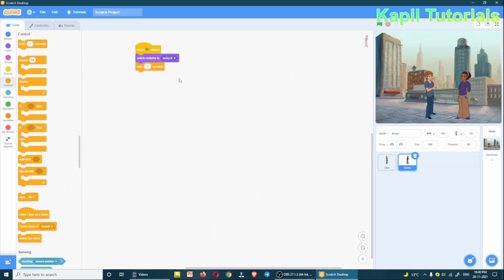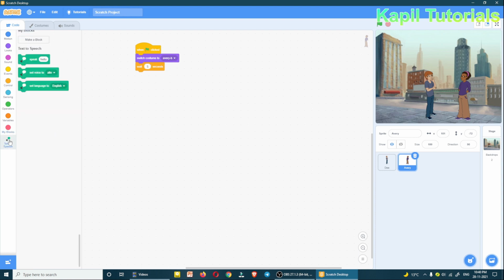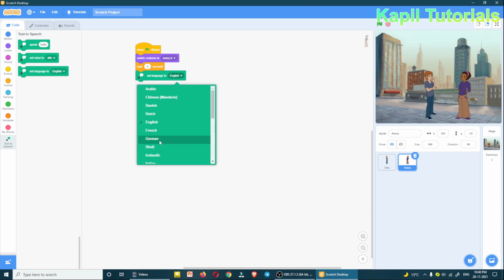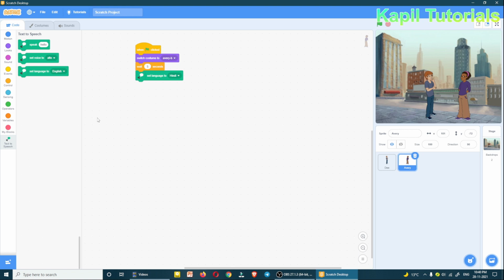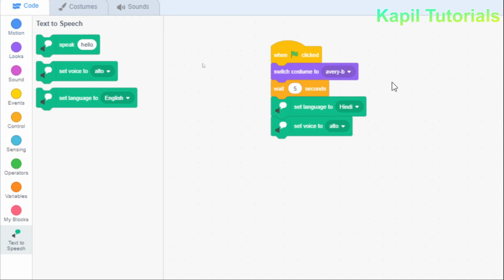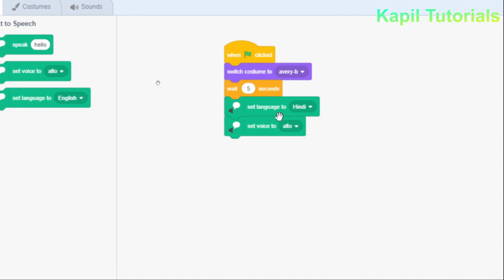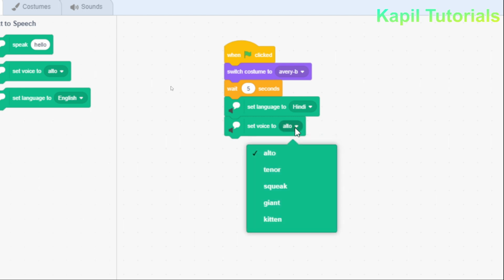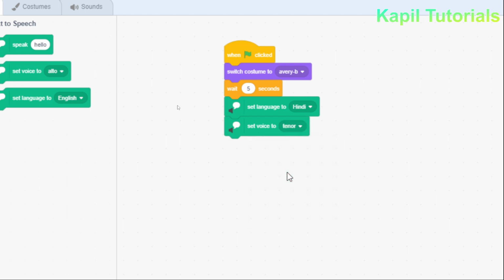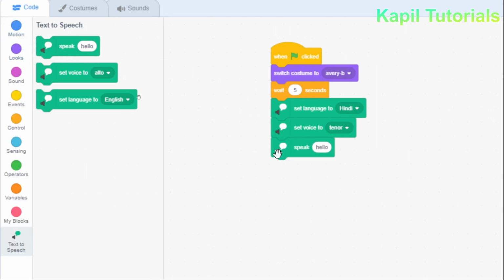After 5 seconds, the same thing I have to do, text to speech, set language to Hindi, and then set voice. Now here we will change the voice. Set language to Hindi, then set voice to, I will see what the options are, tenure. So we will just select this one, and then speak.